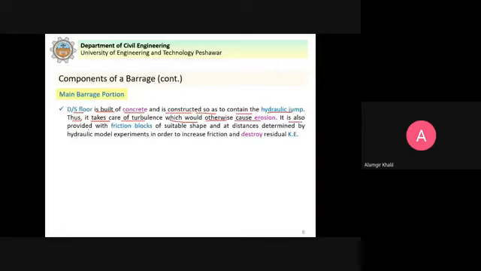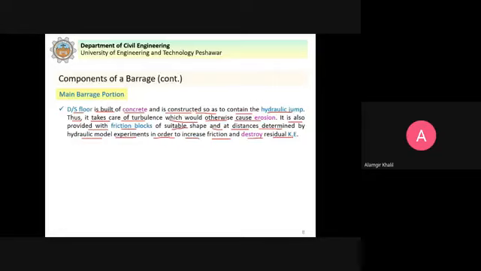It is also provided with friction blocks that you saw in the figure, of suitable shape and at distances determined by hydraulic model experiments, in order to increase the friction and destroy the residual kinetic energy. So these baffle blocks and the downstream floor are basically designed.